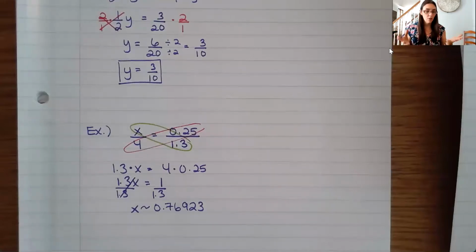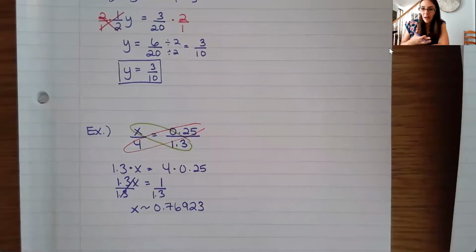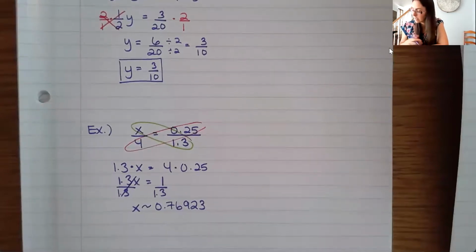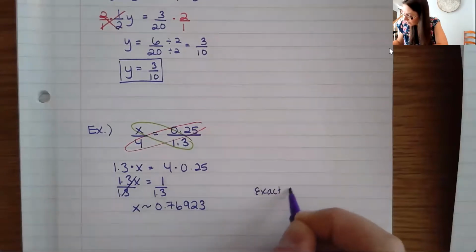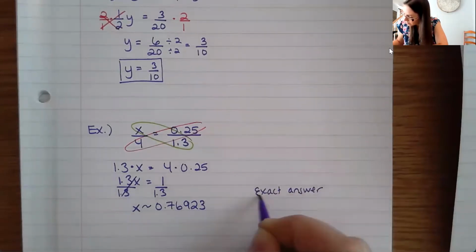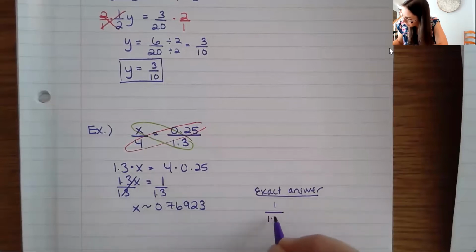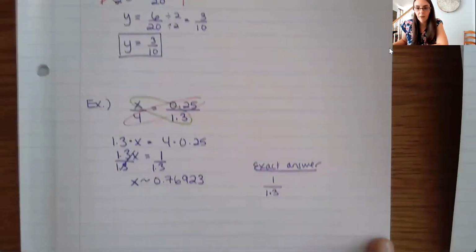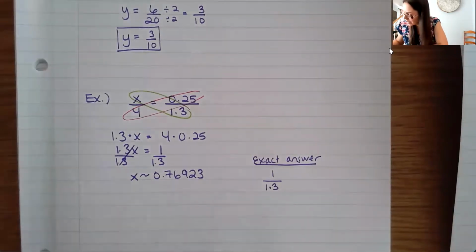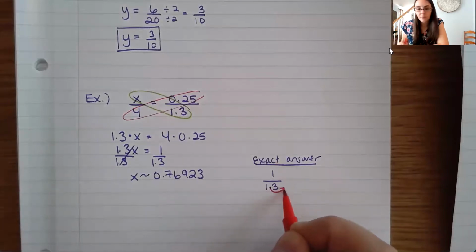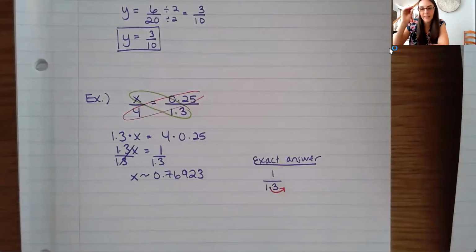Now, the other thing you can do here is to get a more exact answer. So it just depends on how the question is asked. If it asks you to round, then we just use our calculator and it's pretty easy. But let's say they want an exact answer. How can I do that? Well, what we can do is keep it as a fraction, because fractions are more exact than the decimals typically. And we just have to cancel that decimal point out. So remember, we like to cancel by moving it to the right. So I'm going to move it to the right one spot,